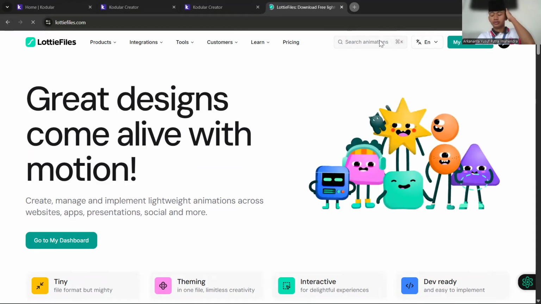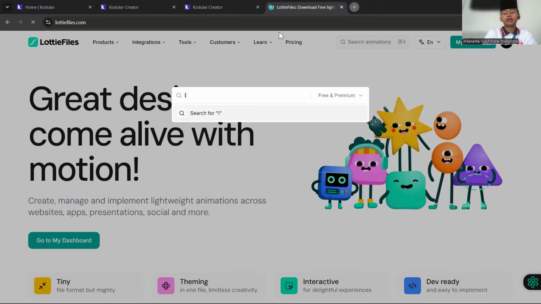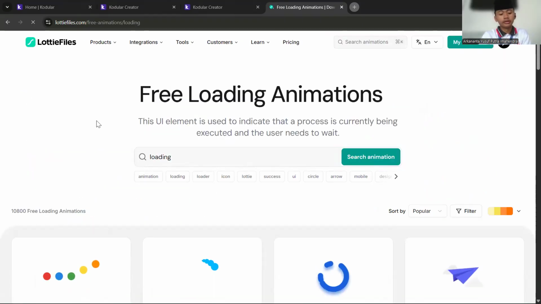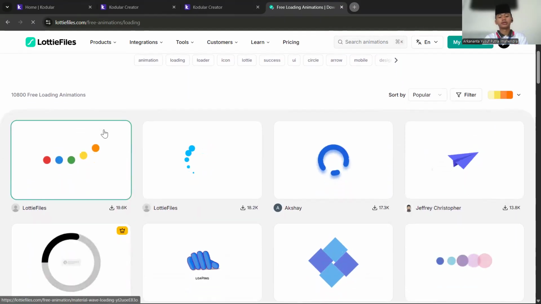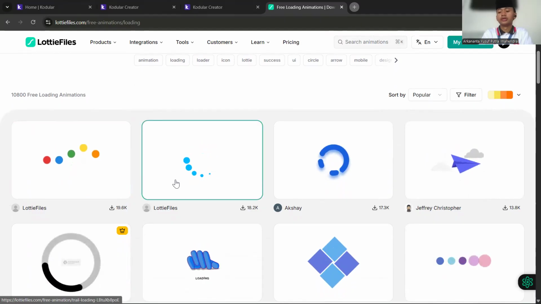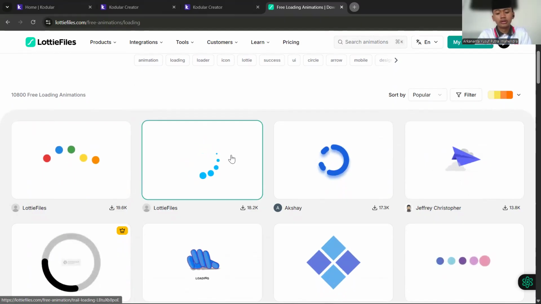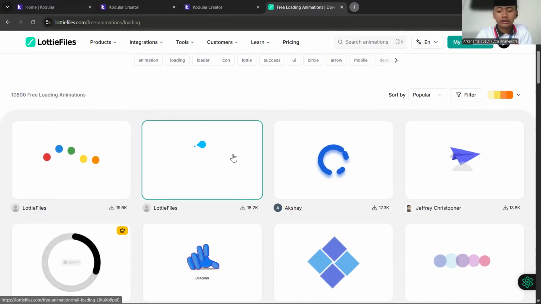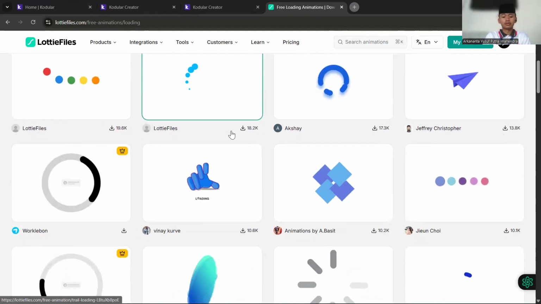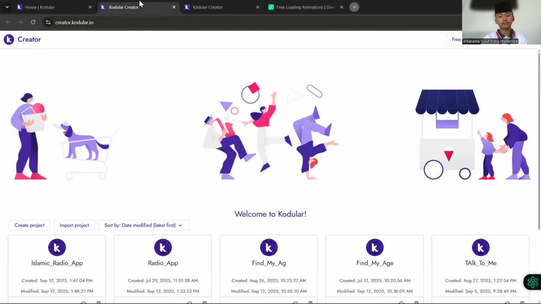Here we want to search for loading animation. You can search just loading, then press enter, and there are so many loading animations for your screen. Maybe I choose one, because I already have an animation for loading, so I want to add it directly in Kodular.